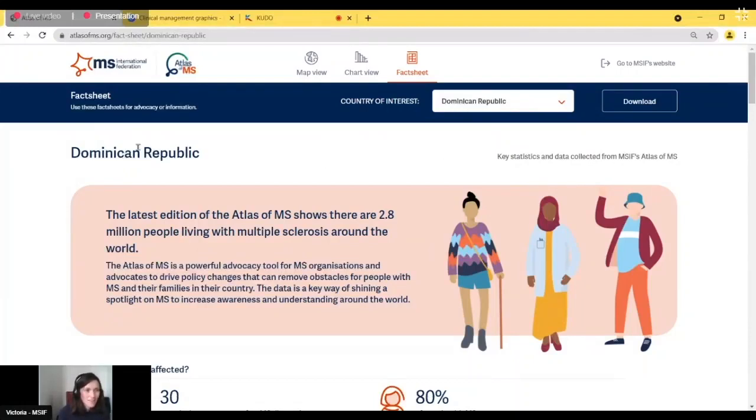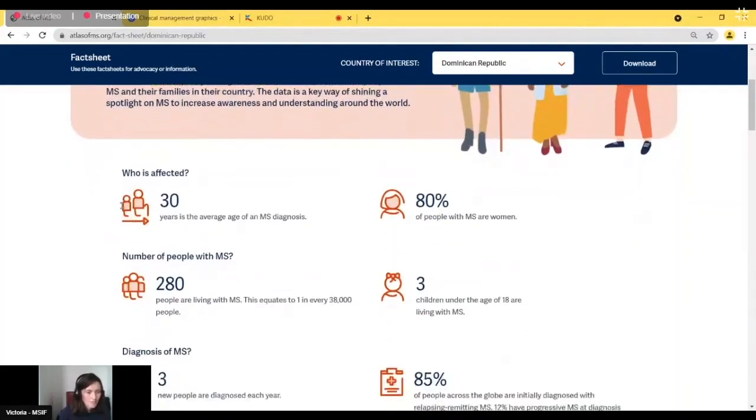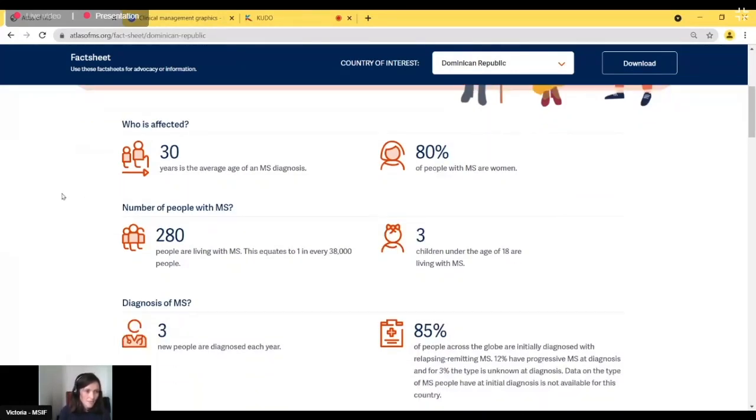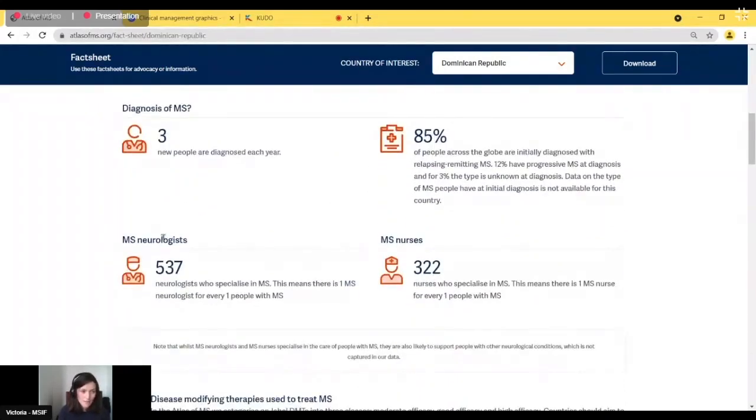Okay, so this is the fact sheet for Dominican Republic. You've got the overview of the atlas here. And then if you scroll down, you've got the various pieces of data, and this comes from both the epidemiology part of the atlas, which we launched in September, plus the clinical management part, which we released a few months back. So you've got all of the data of the number of people with MS, the diagnosis levels, the number